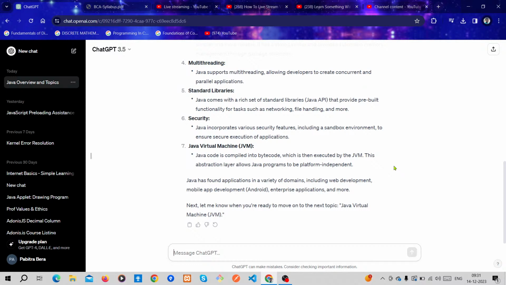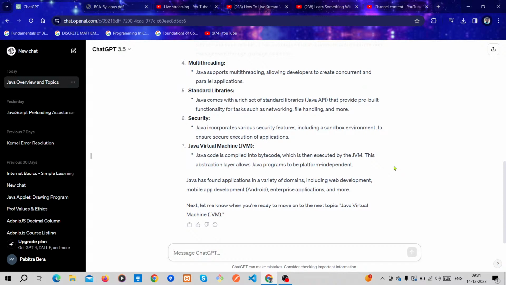This abstraction layer allows Java programs to be platform independent. This abstraction, these hiding things, make Java programs platform independent, as I discussed previously. Java is compiled to bytecode, then a JVM installed on different machines converts the bytecode to machine code.